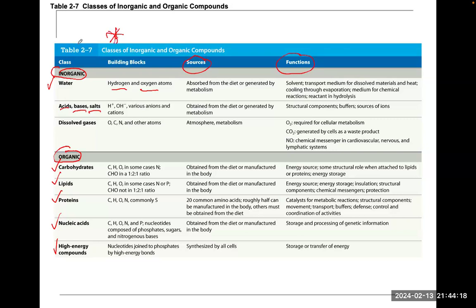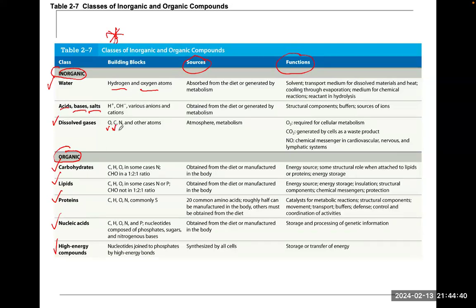And if you need to use the videos as resources again to go over some of these main categories, you certainly can. The inorganic, there were some dissolved gases, and we spoke about these where we have oxygen, we have